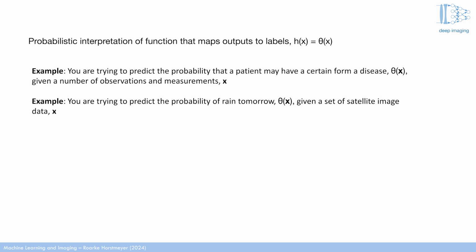optimization. But for cases where, for example, I'm listing a few examples, you're trying to predict the probability that a patient may have a certain form of a disease, given a number of observations, right? If you've gone to the clinic, they generally don't say anything in absolutes. It's more, yeah, this is highly likely. We need to do a few additional tests. And you build on that confidence to get that probabilistic measure up and up until it's as high as it